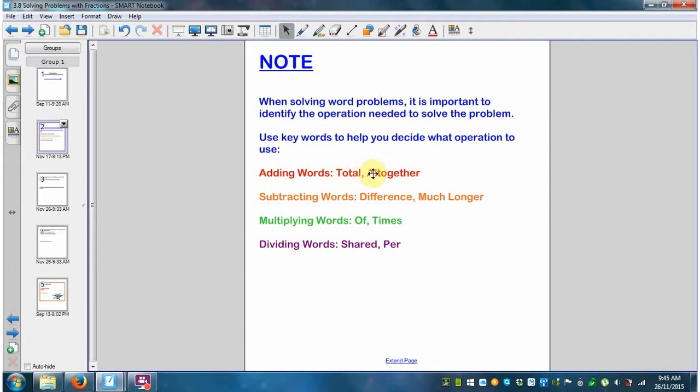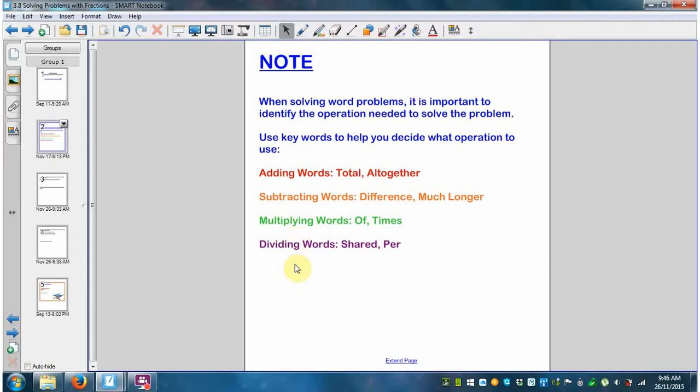So a lot of keywords to look for that will let you know when to add is words like total or altogether or sum. Subtracting words are things like difference or how much longer, how much shorter. Those are good words that will tell you that subtracting is the operation you need to use. Multiplying words is of. So if you saw half of 10, that's a half times 10. Okay, or times. How many times more? That